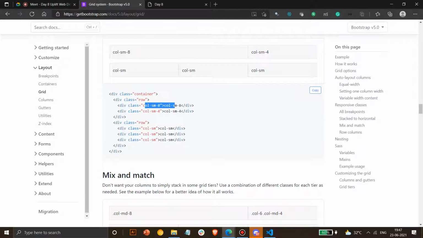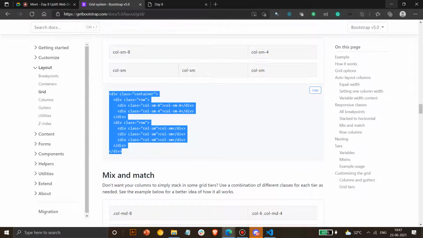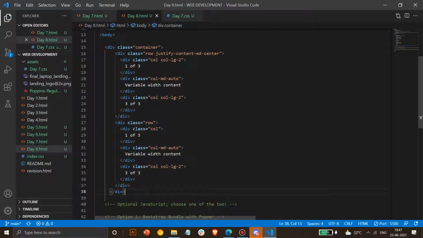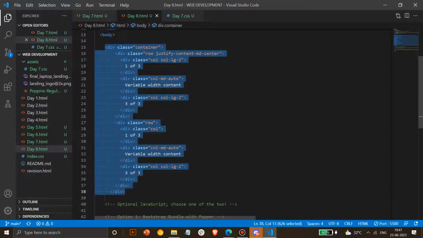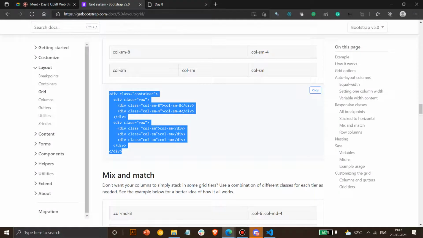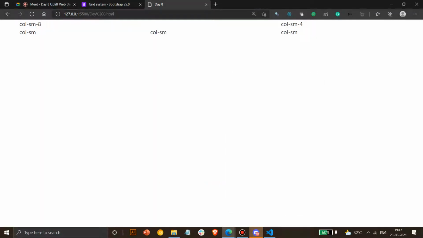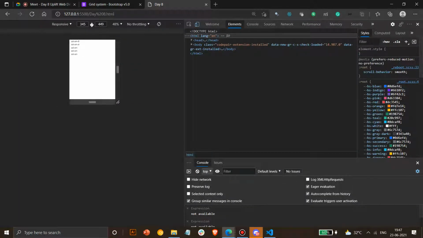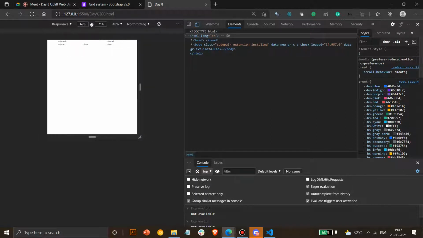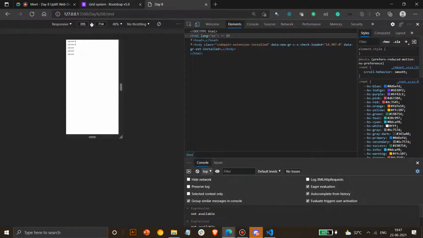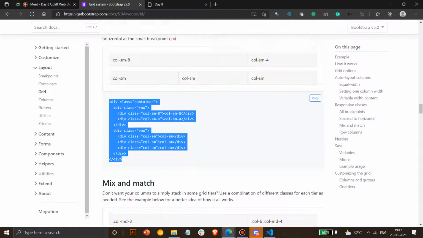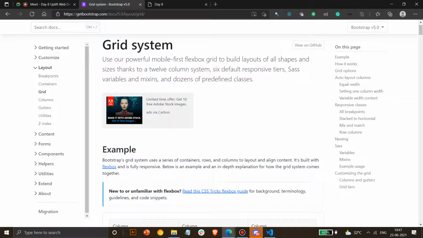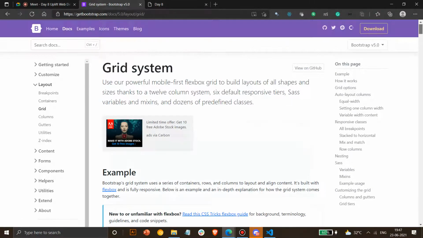Okay, SM is for smaller devices, and I'll show you the same thing. If you have a smaller device, it will work. So it will work for all devices unless the device is too small. In this case you can see it works with all devices if you try, but if you go beyond, to devices with a scale smaller than 500, then it breaks down. So in smaller devices it works. If you go beyond, it won't. So every time you have to keep all these things in mind to check if you have to use any of these.